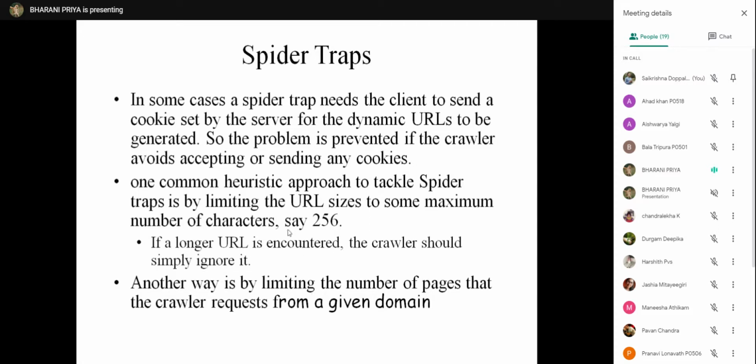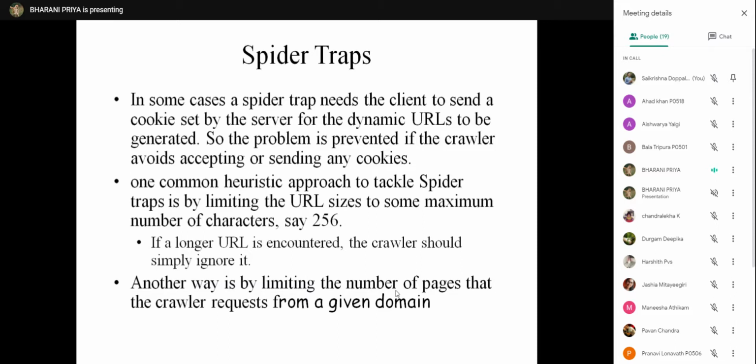One thing, you are limiting the length of the URL, and even you can limit the number of pages that can be crawled from a particular domain. So if you are under a spider trap, again and again you are downloading the same pages, and that will continue.